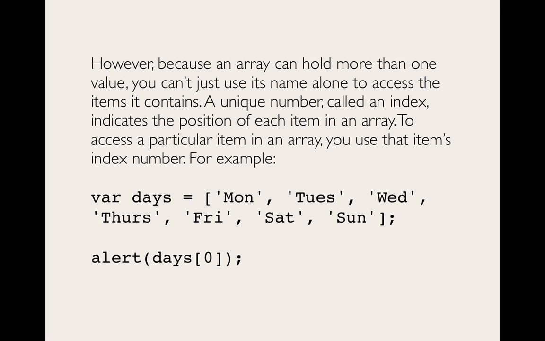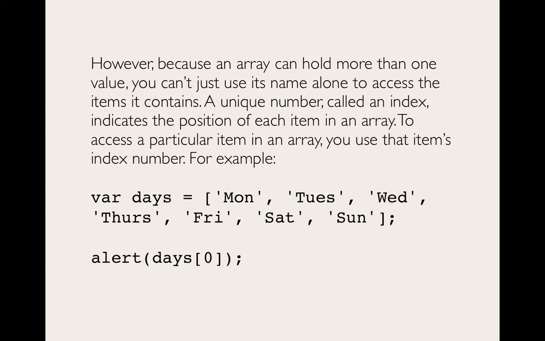So, just because it can hold more than one value, you can't just use its name alone to access the items it contains. You have to talk to a specific item through its index. In other words, the position, left or right, of each item in an array. And to access a particular item in an array, you use that item's index number. For example, remember our good friend days of the week? It's an array,